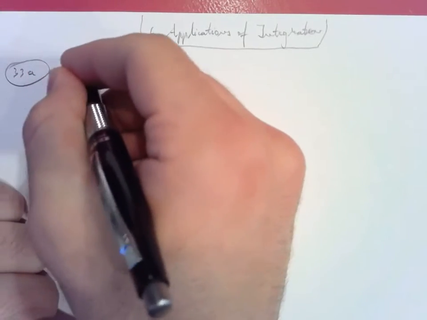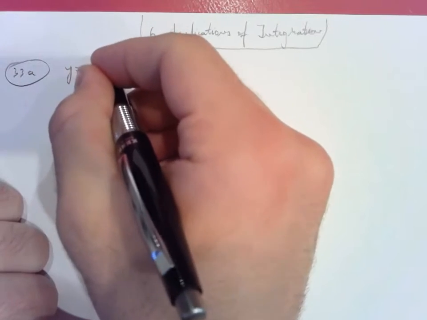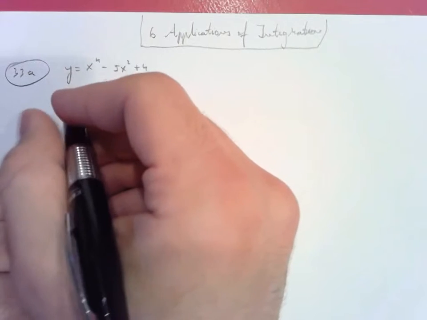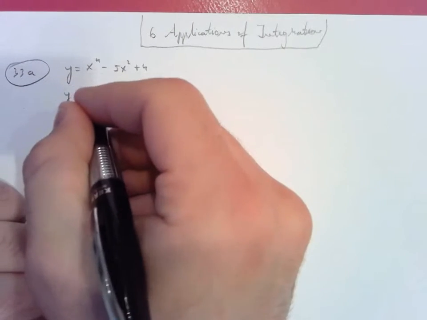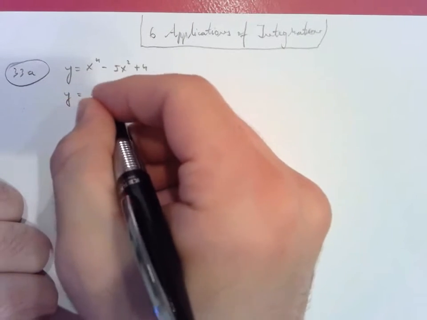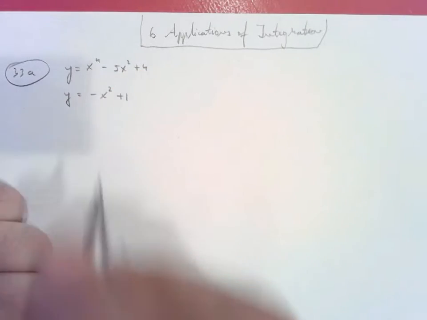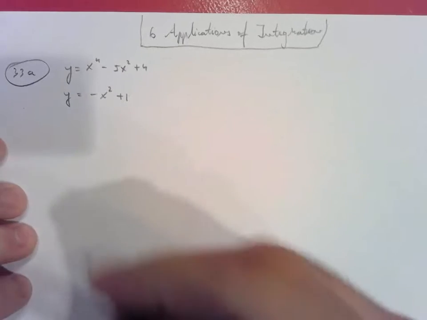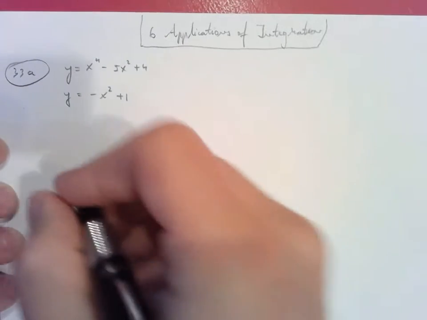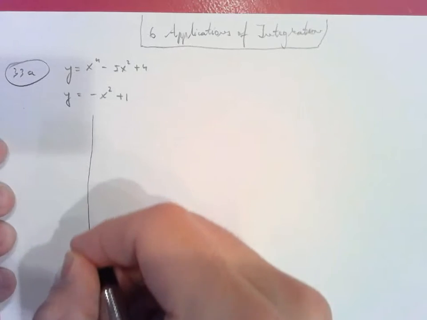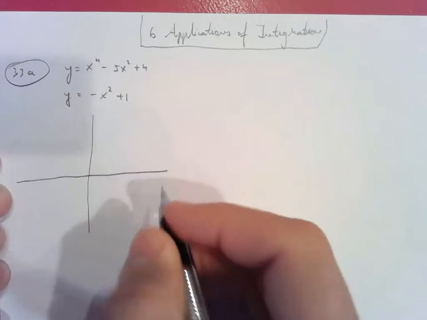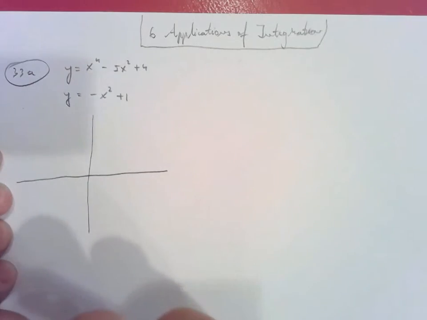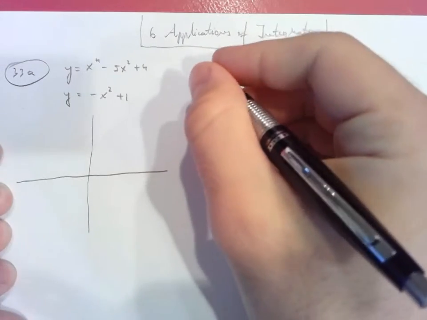The first curve is y equals x to the fourth minus 5x squared plus 4, and the second curve is y equals negative x squared plus 1. So the first thing we need to do is figure out what the region looks like, and you can either do it on a graphing calculator, or you can simply factor this, and you'll see that when you set the two curves equal to each other,